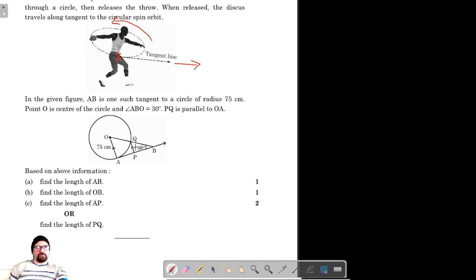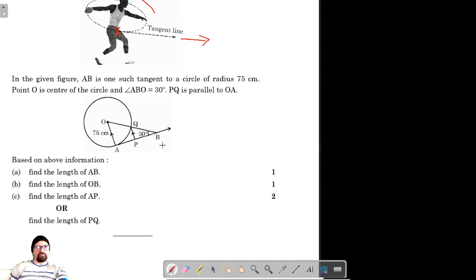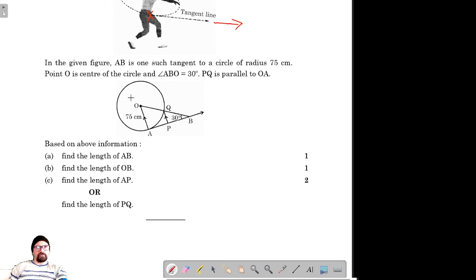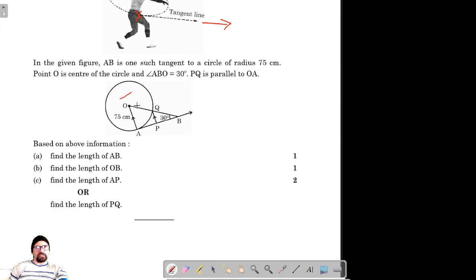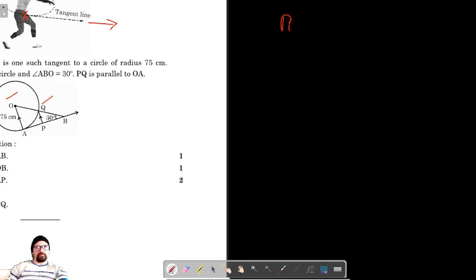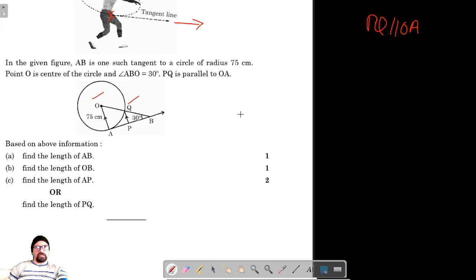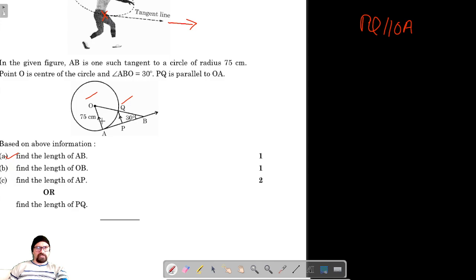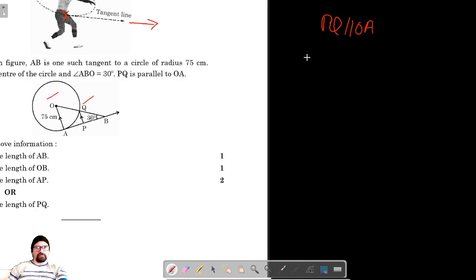The trajectory is given here, where AB is a tangent to a circle of radius 75 centimeter. O is the center of the circle, angle ABO is 30 degrees, and PQ is parallel to OA. We have to find the length of AB. AB is a tangent and OA is a radius, so OA is perpendicular to AB,